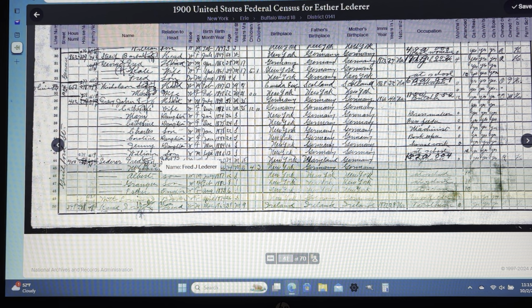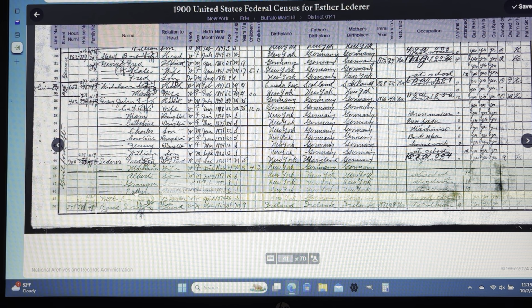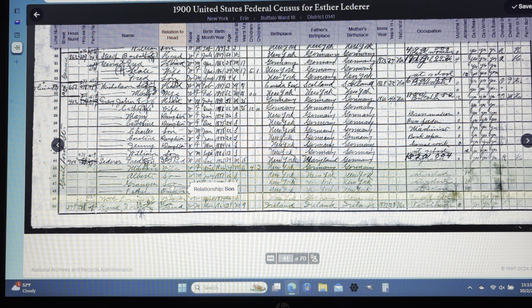This is Esther's parents, and then her older brother, another older brother, and then this is Esther's information. And of course, if you follow along, the column highlights what the answer relates to, and they do give you a little info there, birth month and whatnot.